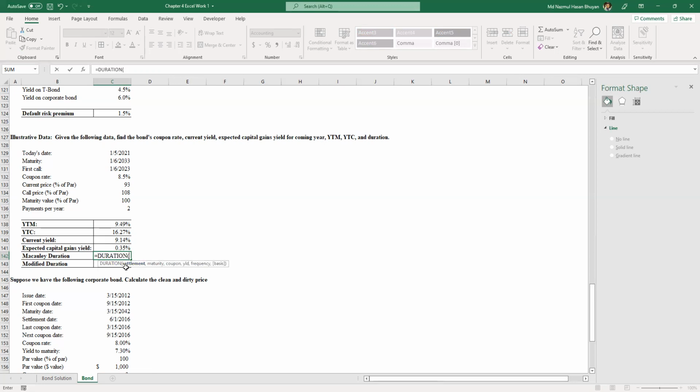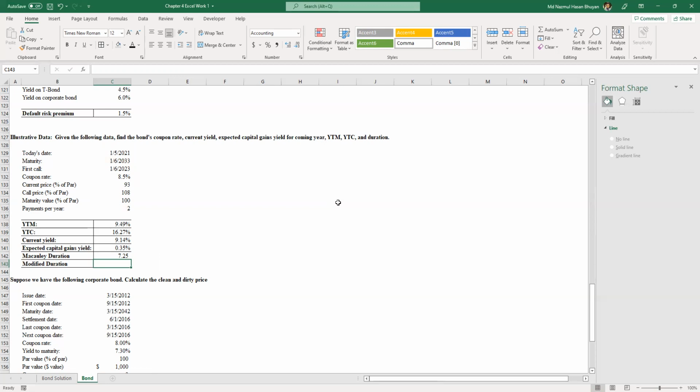To calculate this duration, we need to know our settlement date, our maturity date, our coupon rate, 8.5%, our yield to maturity, and then our frequency. All right, now Macaulay duration is not that precise, so it cannot give you